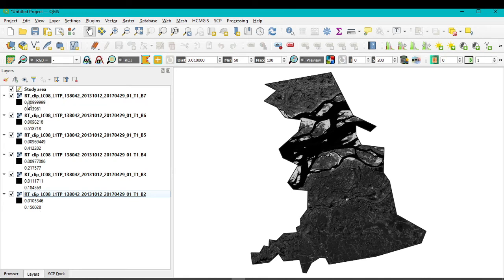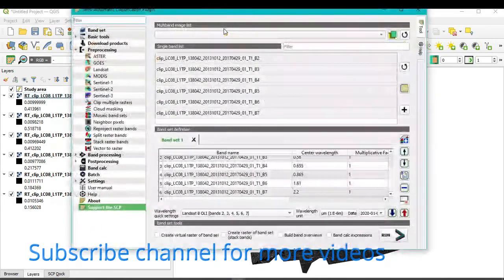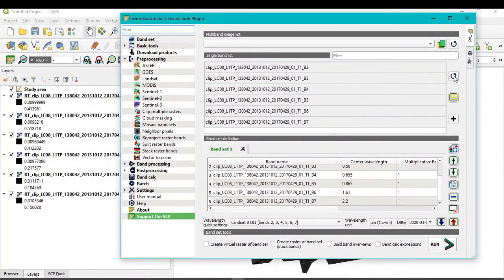So you can see here the values, the lower surface reflectance value and higher surface reflectance value of each band. So again you go to the SCP and click on this band set, and again you should refresh this button.